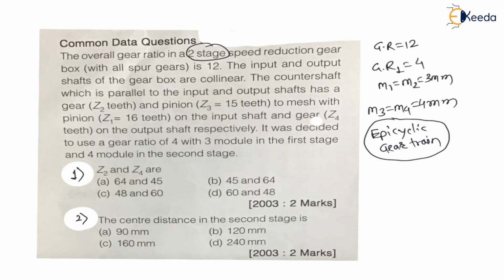There are different types of gear trains: simple gear train, compound gear train, epicyclic gear train, planetary gear train. All these gear trains you are going to learn in theory of machines because this syllabus is included in the TOM subject. But you must understand that this is an epicyclic gear train and the question can be solved with the help of machine design concepts also. That's why I have taken this question. I have not explained epicyclic gear trains, but in this question itself, in just 2 minutes, I will explain with the given data.